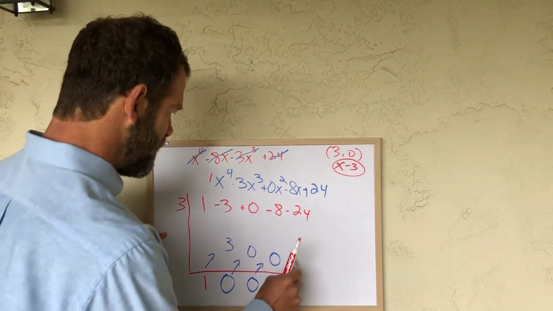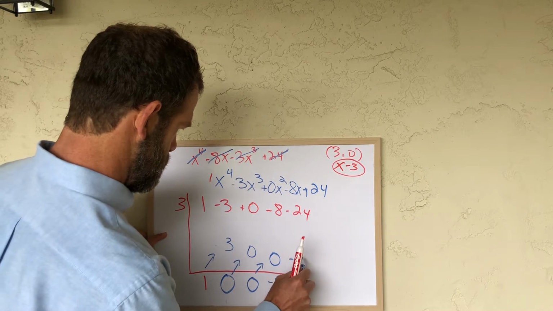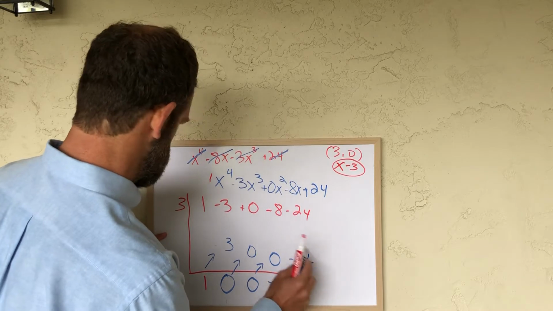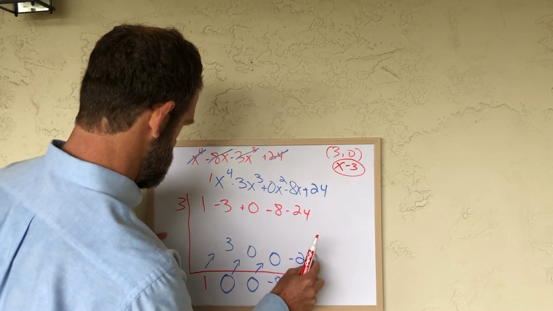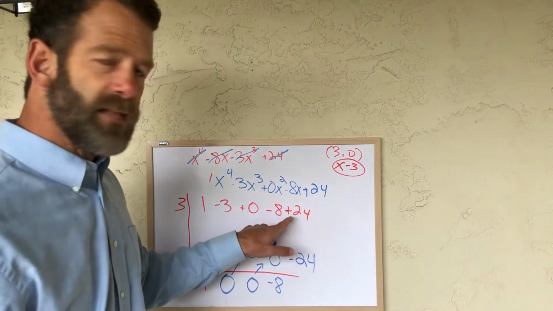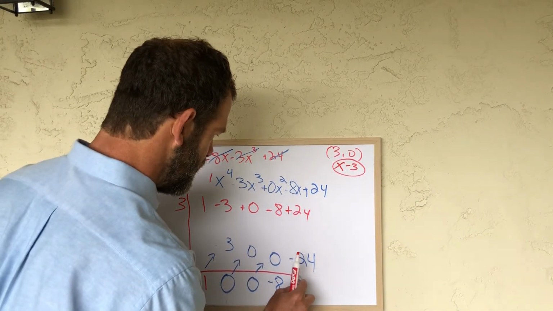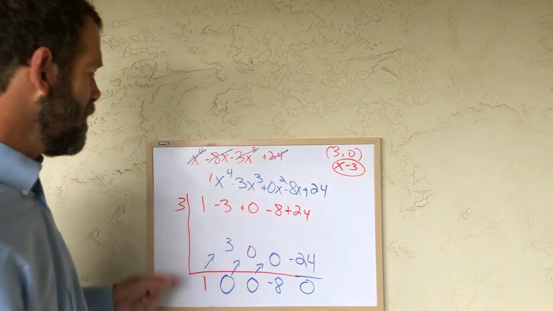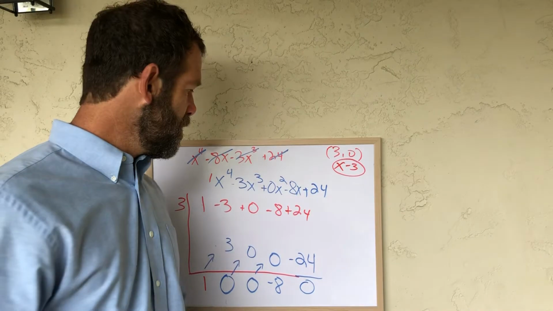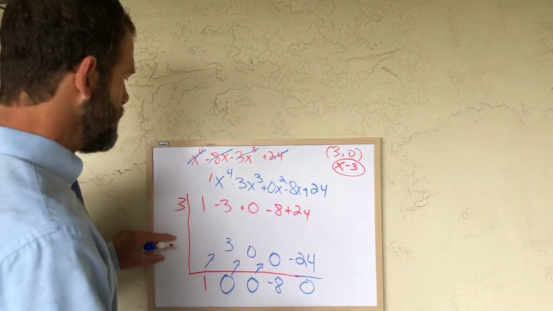3 times negative 8 is a... Sorry, that should have been a positive 24, not negative 24. 24 plus 24 is 0. Okay, so now this looks crazy, right? Just a bunch of numbers everywhere. Well, what we're going to do is make this make sense now. So what happens is